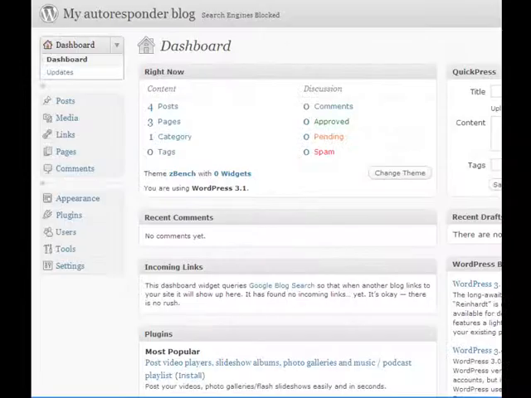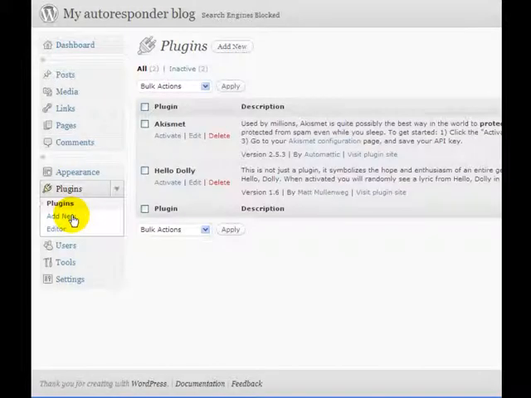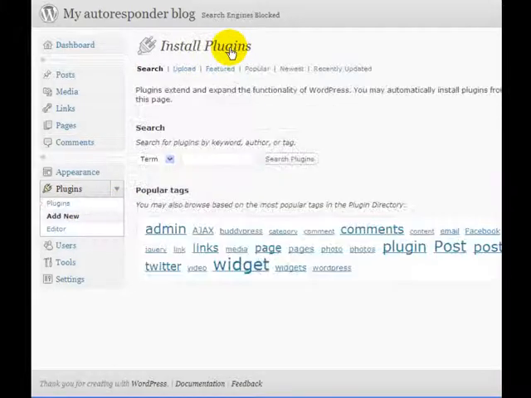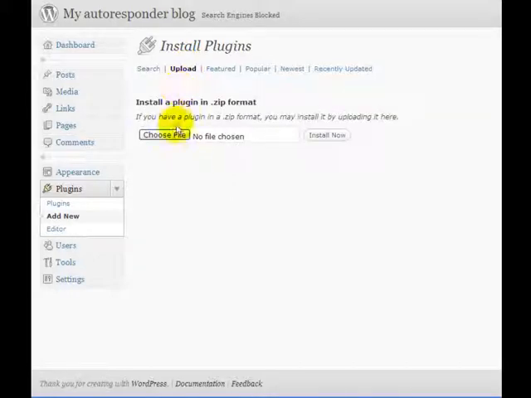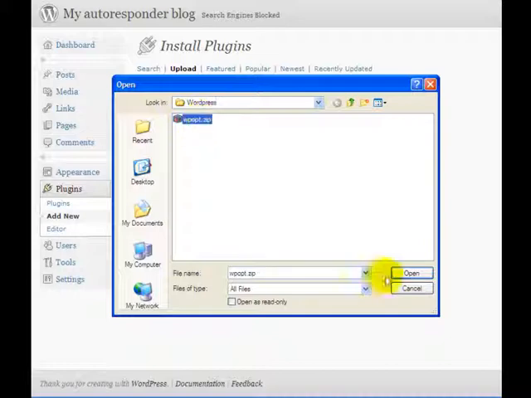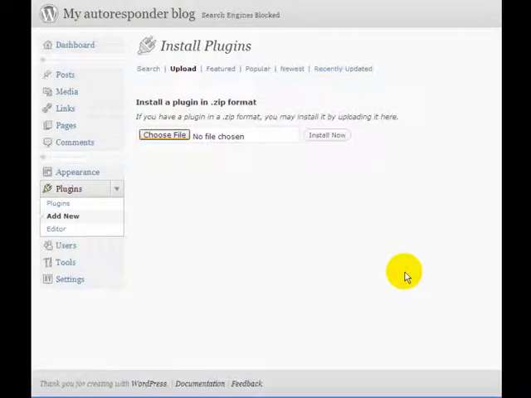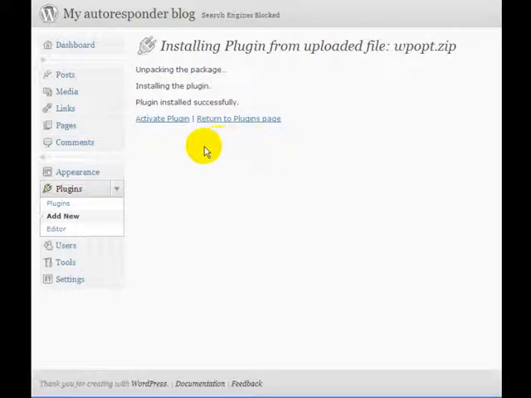do that we go to the dashboard. Now I'm not going to spend a whole lot of time on this because I guess most people will know how this is done, but briefly you can see that I'm going to click on the plugins link on the side here, and I'm going to add a new plugin. And the way I'm going to do that is upload it from the PC I'm working on. So I choose the file here from my PC and click on the Install Now button, and WordPress takes care